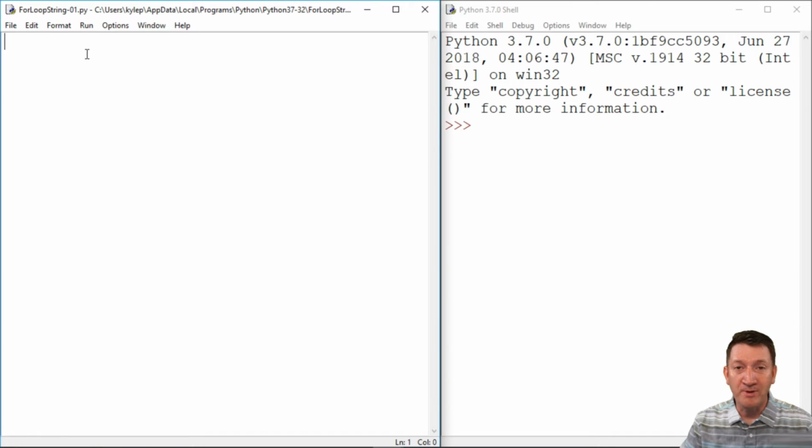I've got a new file open, got my shell window there. I'm going to create a variable here. We'll just call it A, and I'm going to fill it with some text. I'm going to say hello. So now I've got a variable there of type string. I'm storing a string value in there, or a text value, which is really just a collection of